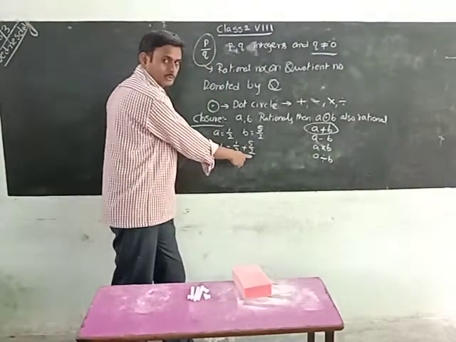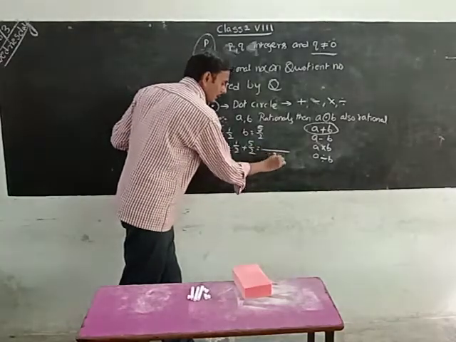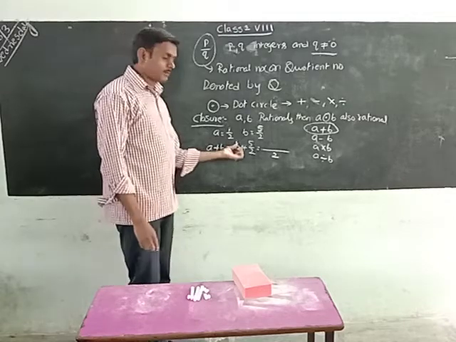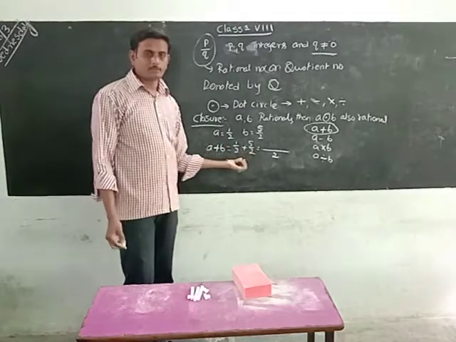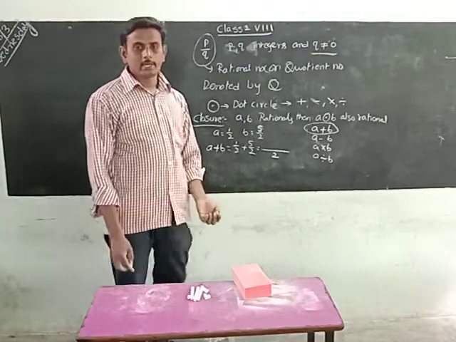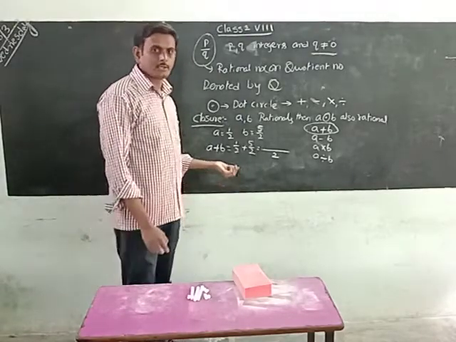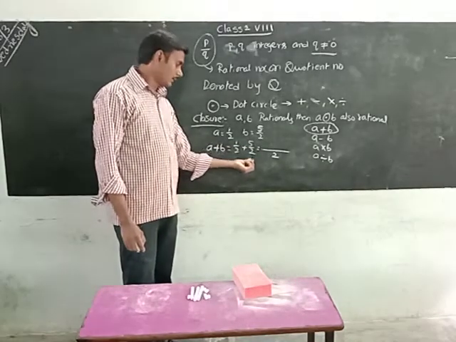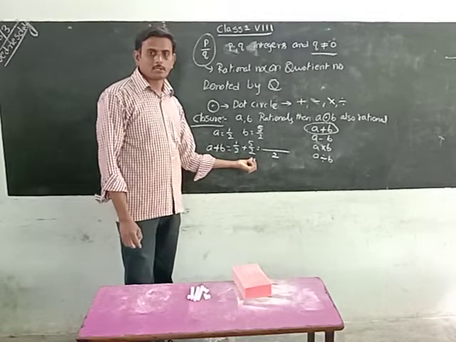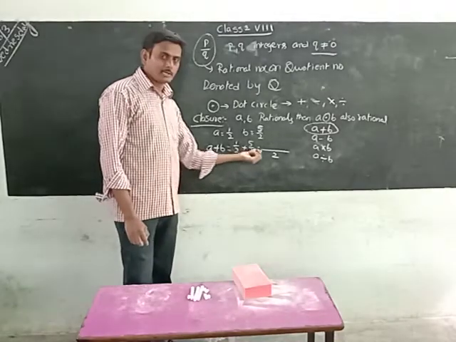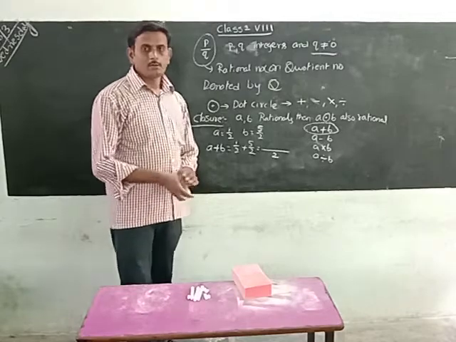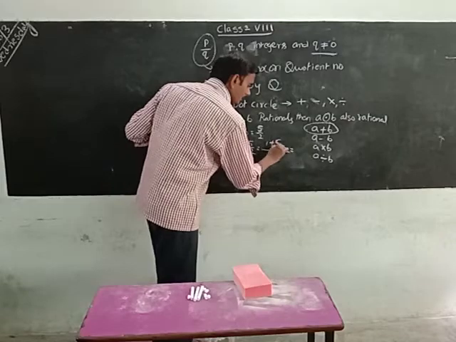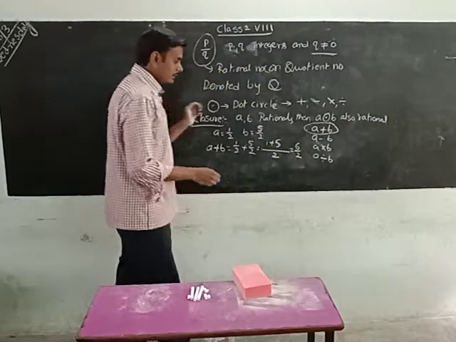Denominators are the same here. With the same denominator we can take addition or subtraction according to the sign of each rational number. Here both numbers have a plus sign. We can take one number negative and one positive also, but complete the calculation carefully to get the correct answer. Since the denominators are the same, these are called like fractions, so we add the numerators: 1 plus 5 is 6 by 2. This is the closure property.